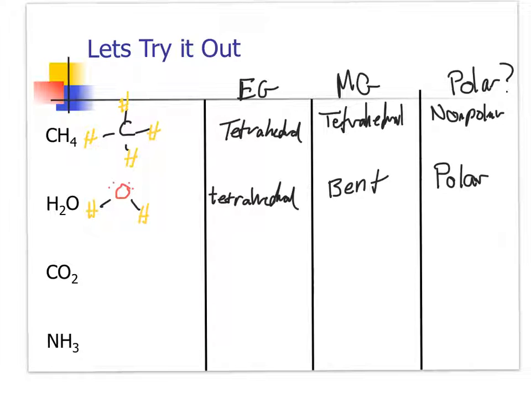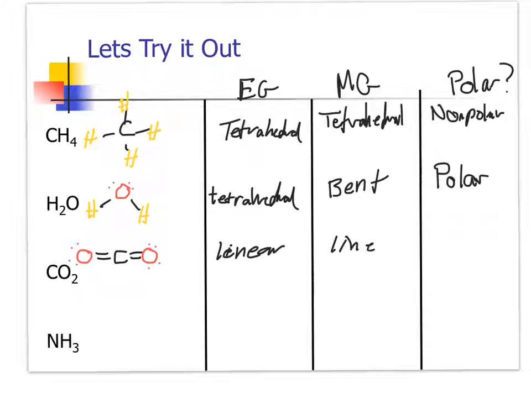So then we have carbon dioxide. We got oxygen here. There. See those non-bonding electrons. When I look at my geometry again, I'm not looking at the oxygen. I'm looking at my central atom. My central atom in this case is carbon. And therefore, I have two regions. It's linear